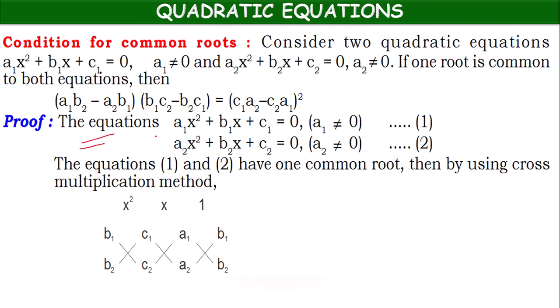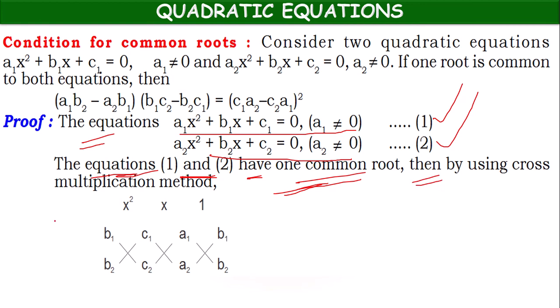So the given equations, children: this is the first equation, let it be 1. Second equation, let it be 2. So equations 1 and 2 have one common root. Then by using the cross multiplication method,